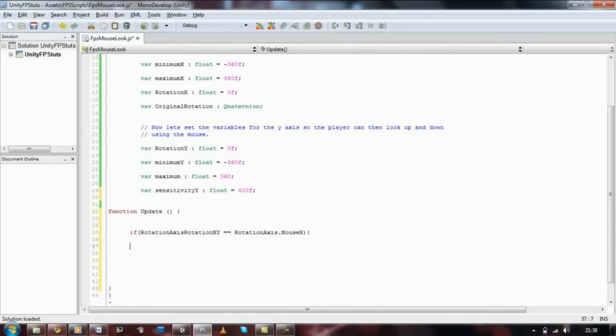If the script is selected, if on the script we have mouse X selected, let's do